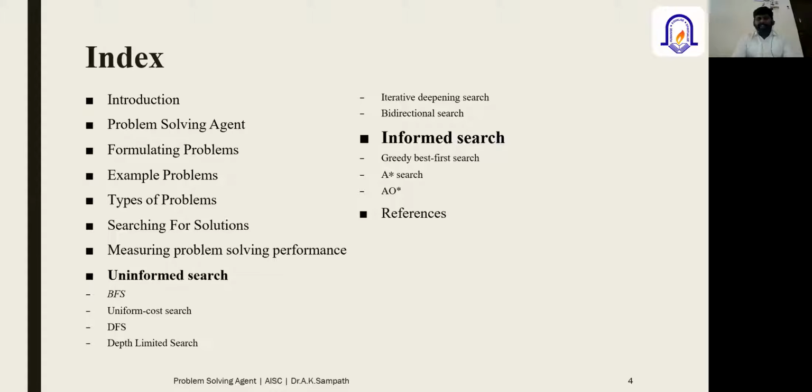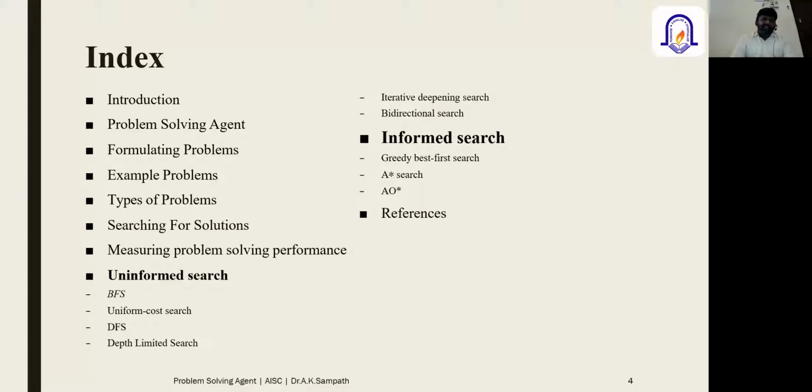What are the possible solutions available for a specific problem, through which we'll try to identify the best or optimal solution, so that it increases the benefit and uses your resources well, right? And then measuring the problem solving performance again. Out of the possible solutions, one solution will be identified, and the performance will be measured based on different parameters. That is what we are going to do at the end, using the concept of measuring problem solving performance.